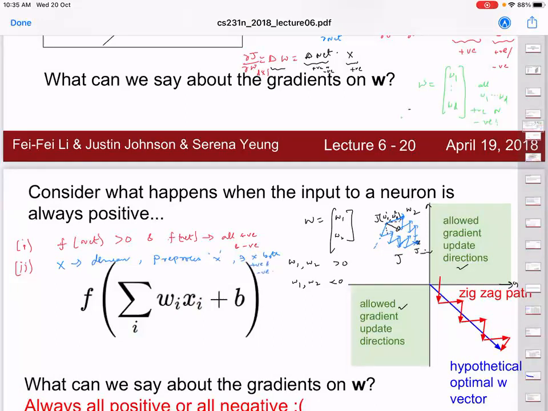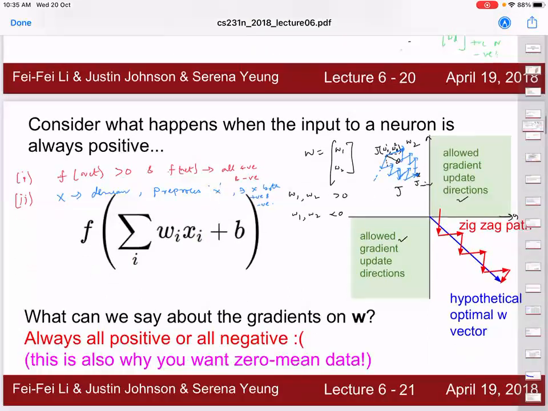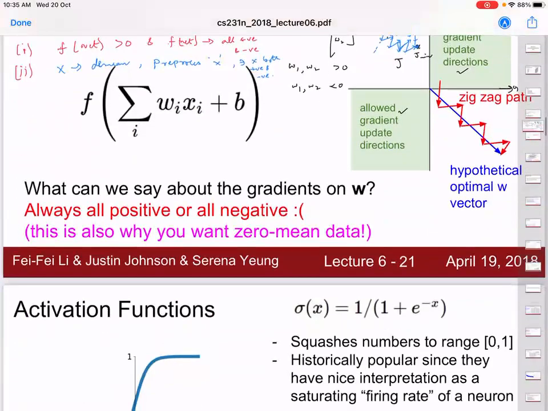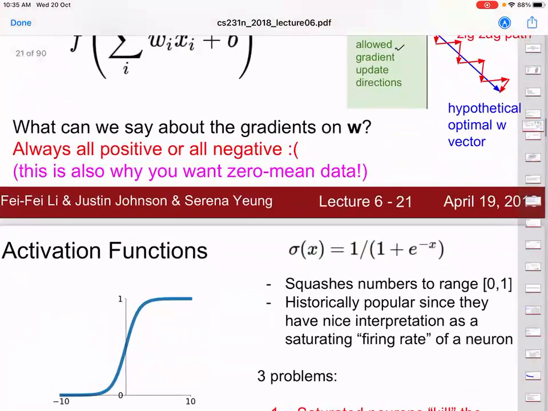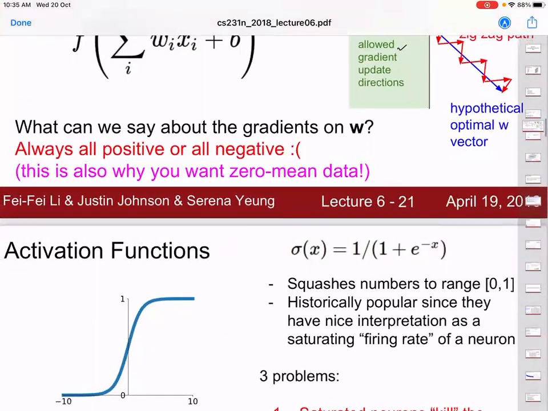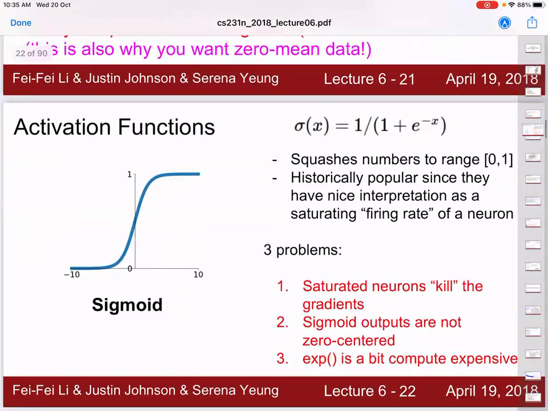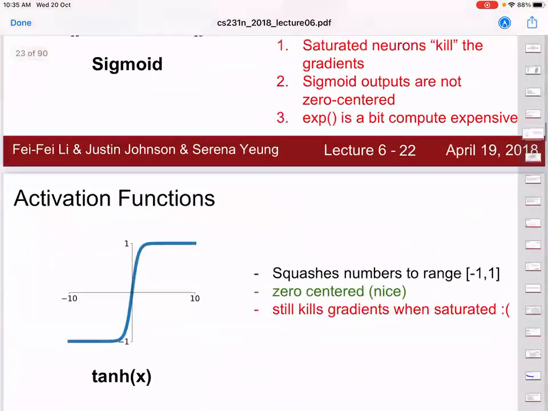Is this fine or not? This will enable us to have the W elements also both positive and negative. Is this fine? Yeah, so that's why we do zero mean of data. You just zero mean the data, so that X will be on both the positive and negative side. Okay, hope this is clear.